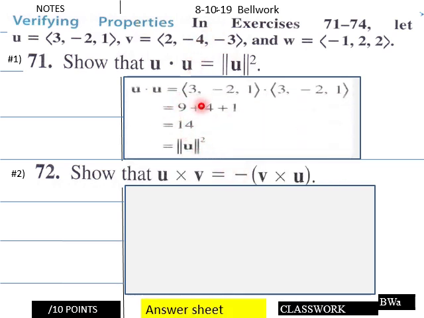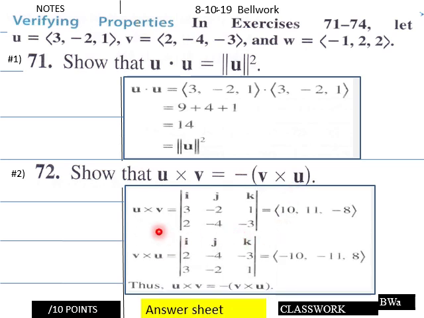And we have u times u here in this situation. Here's u times u. When we multiply these two component-form vectors, we get 9, 4, and 1. When you add these, you have 14, and that equals the magnitude of the vector squared. And then for down here, show that u times v equals the negative of v times u. So for this,